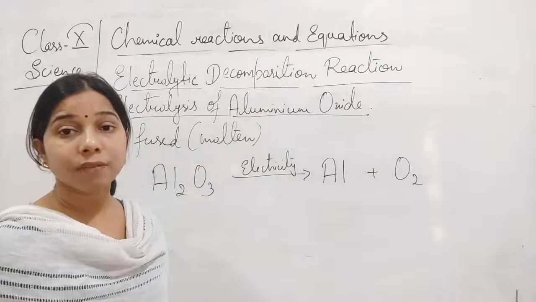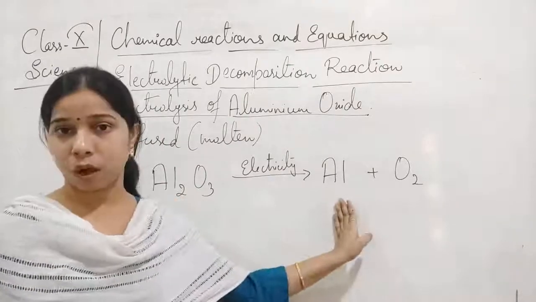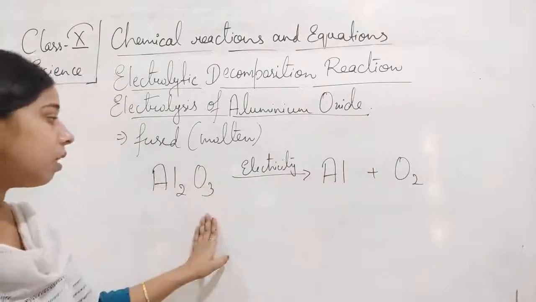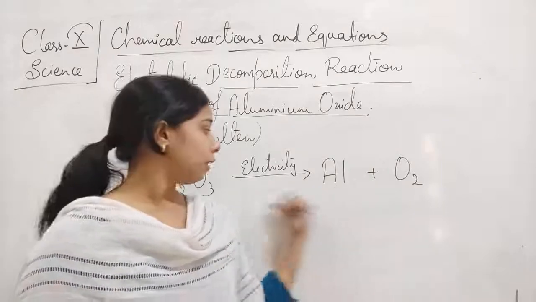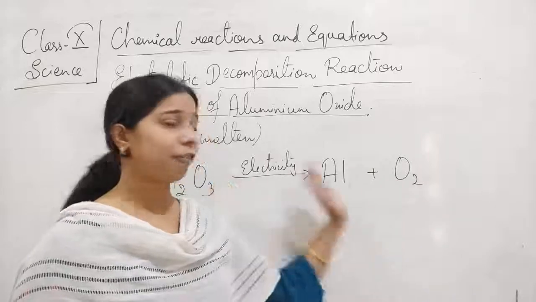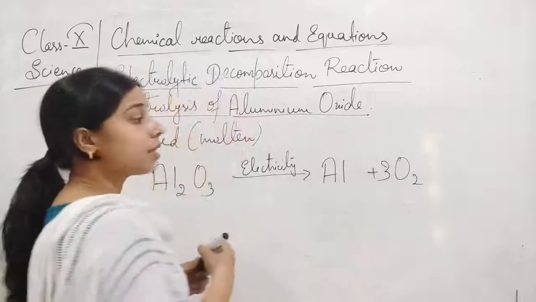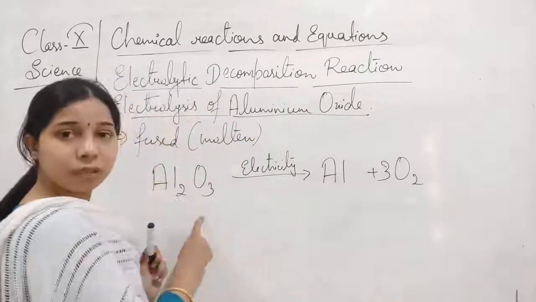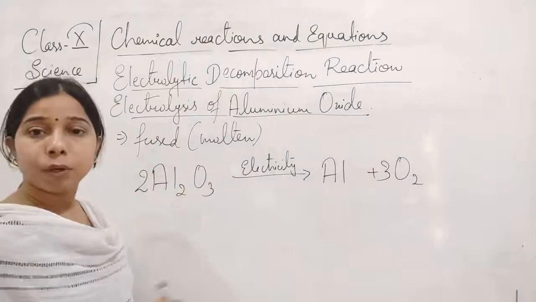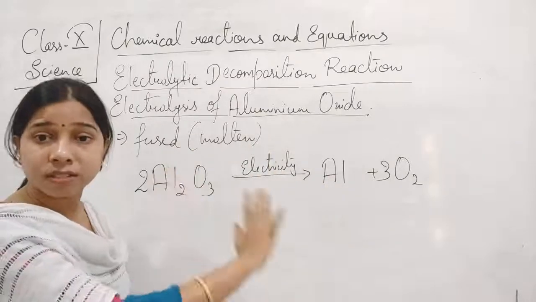Now what we have to do, we have to balance it, students. So aluminium is 2 here, aluminium is 1 here, oxygen is 3 here, oxygen is 2 here. So at first we will try to balance oxygen. Oxygen is 3, oxygen is 2 here. So we can write 3 by 2 here and multiply everything by 2 itself. So here it will be 3. Now oxygen is 6 here, but oxygen is still 3 here. So we will put a 2, so that 3 into 2 is 6. 6 oxygen, 6 oxygen. Now oxygen is balanced.